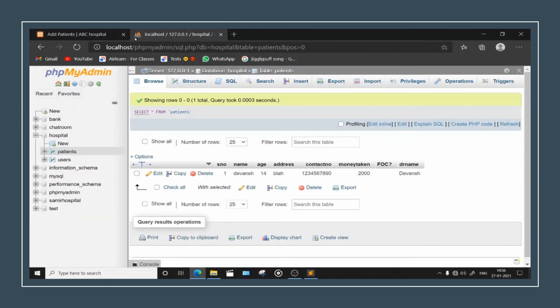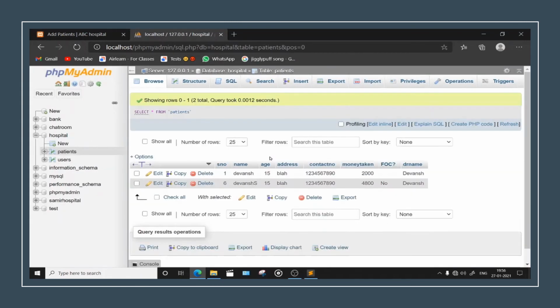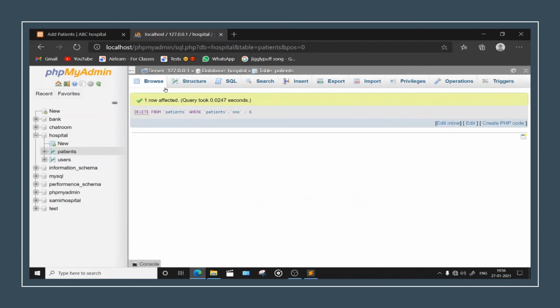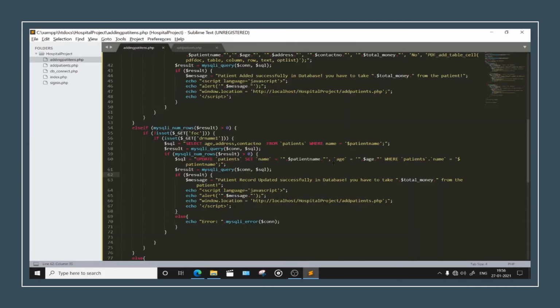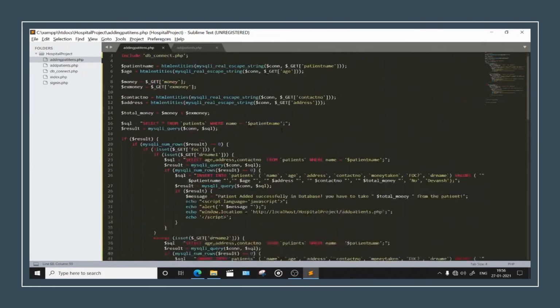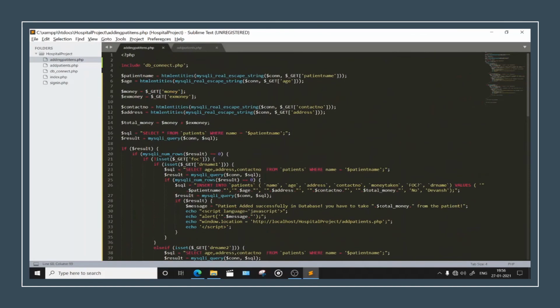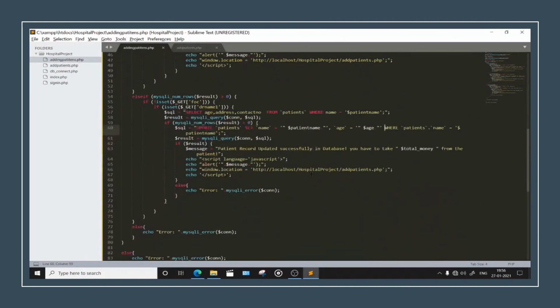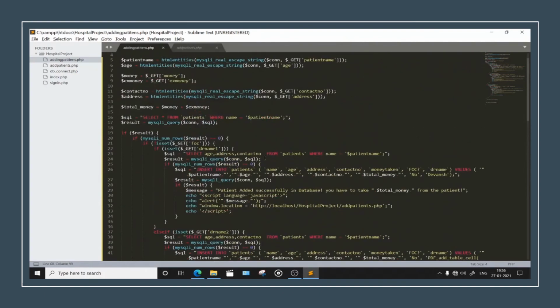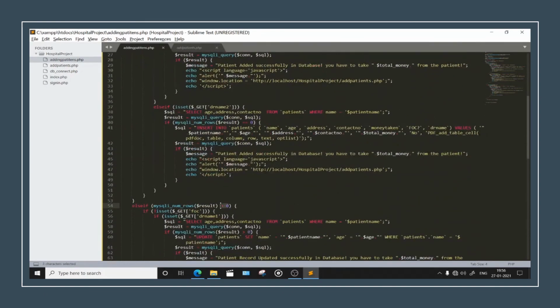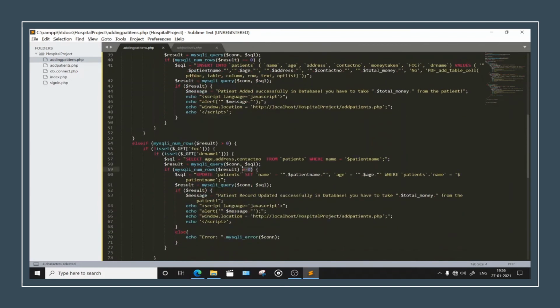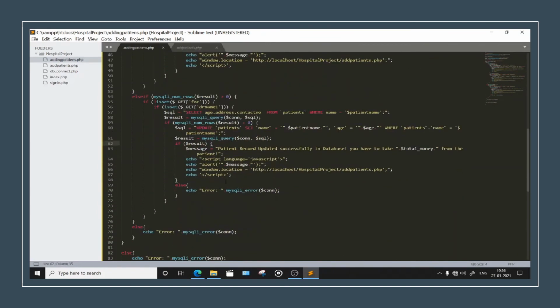Finally, we are updating, and let's see. Superb, we have got the things which we need. Fine. Super fine. So now you just go for this money and all things. Money, contact number, and so on. You can just go ahead, right? So for now we have done this place. We have also done it for if it is already present or not present. We have done it for the doctor name too, right?